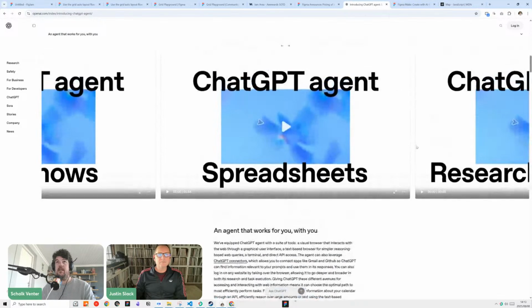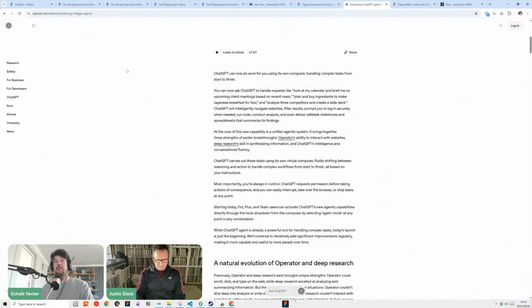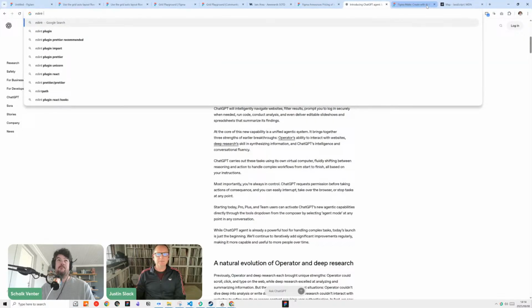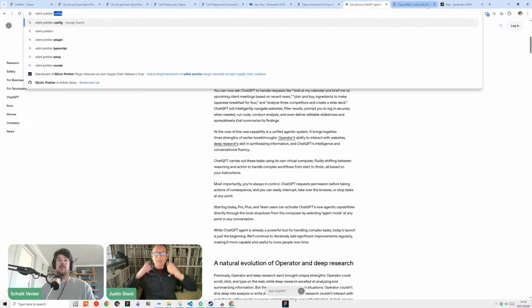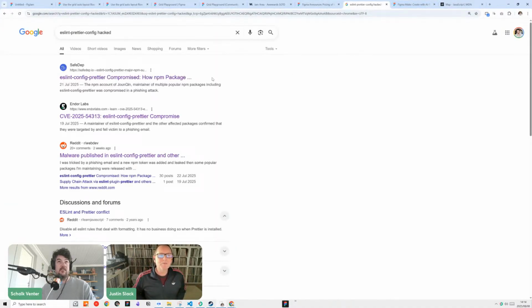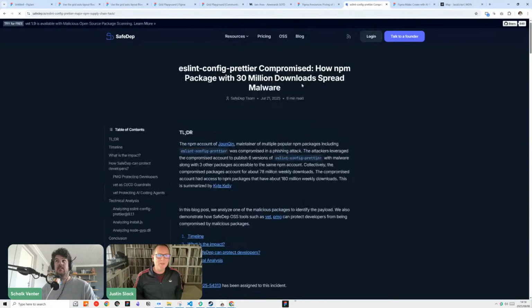But keeping on the topic of security, I also just want to chat about. So there was also a thing with the ESLint prettier config getting Scott hacked. Before we go on that, just on this T app, there